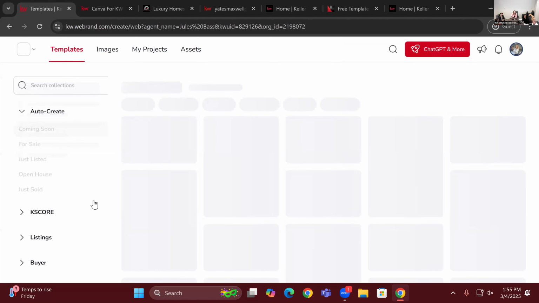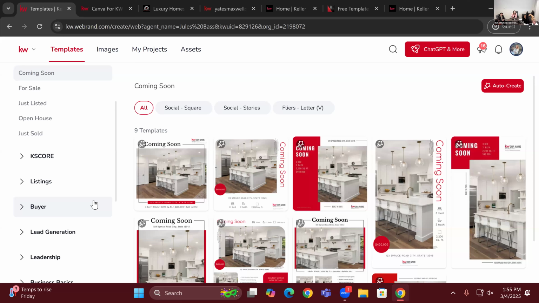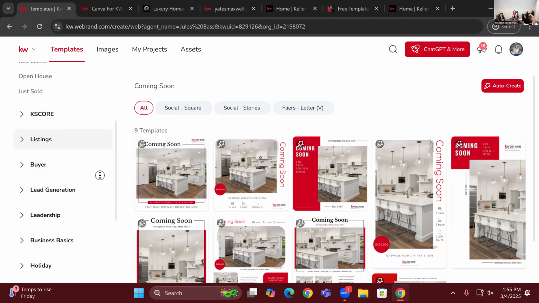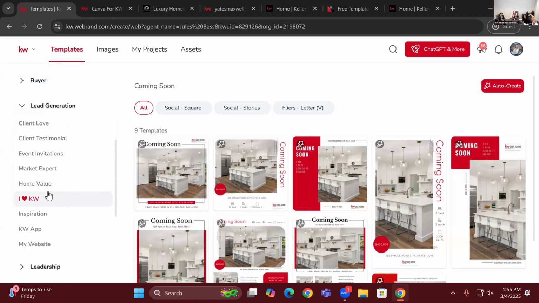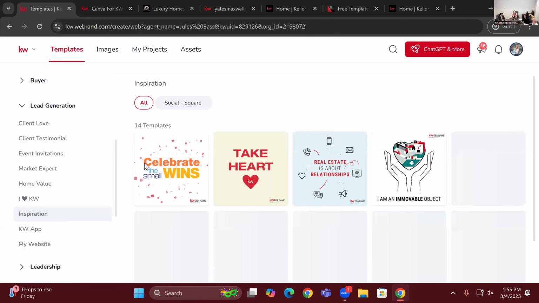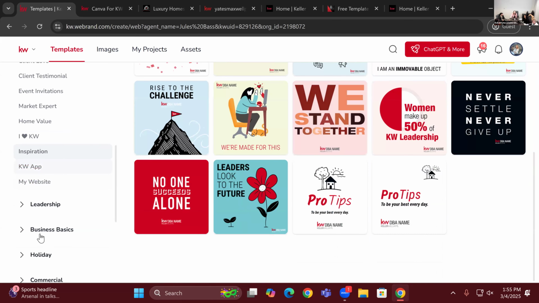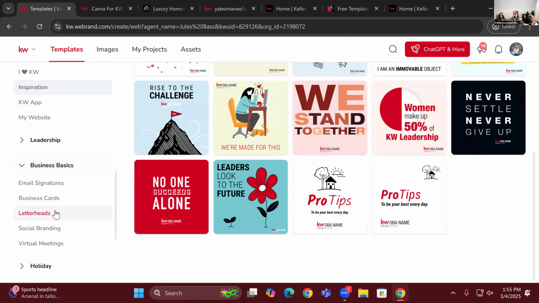What I do like about this design section versus Canva is that it's linked to the MLS. So as you're creating listing designs, you can easily pull in photos and everything because it's all synced with the MLS here. That's what I love about this section, but they have more than just listing templates. They have normal ones, like inspirational ones, kind of what you would see on Canva.